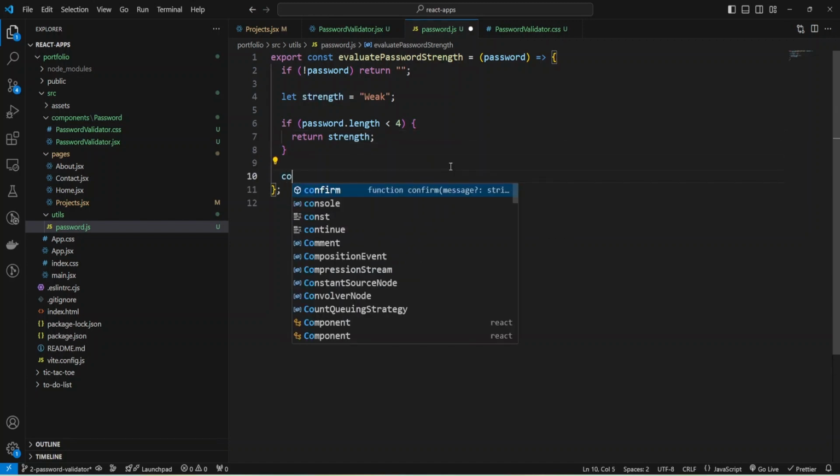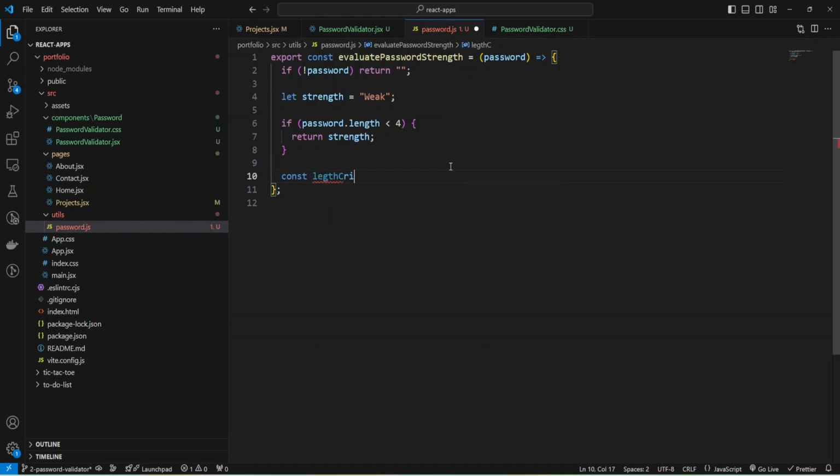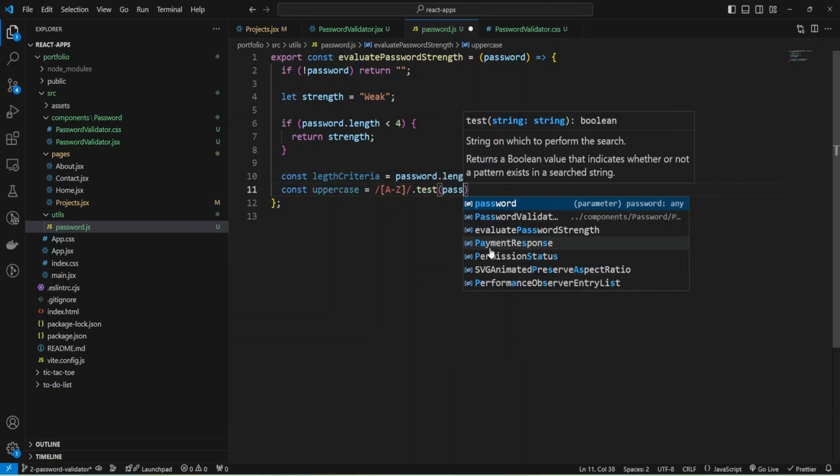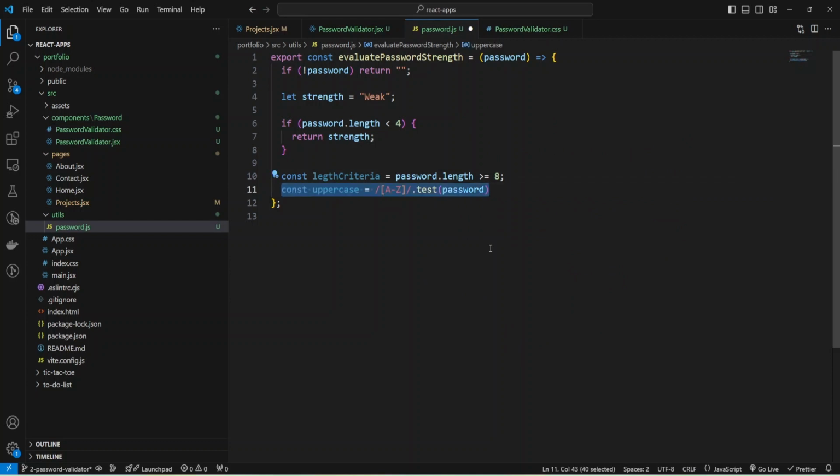and let me add some const for length criteria, and I'm going to check password length, and check if it's greater or equals 8 symbols, and I'm going to add more criteria, and the next will be uppercase, and use regex to check if we have uppercase characters, and provide such regex and test our password for uppercase, and also I can check for lowercase, just low symbols.